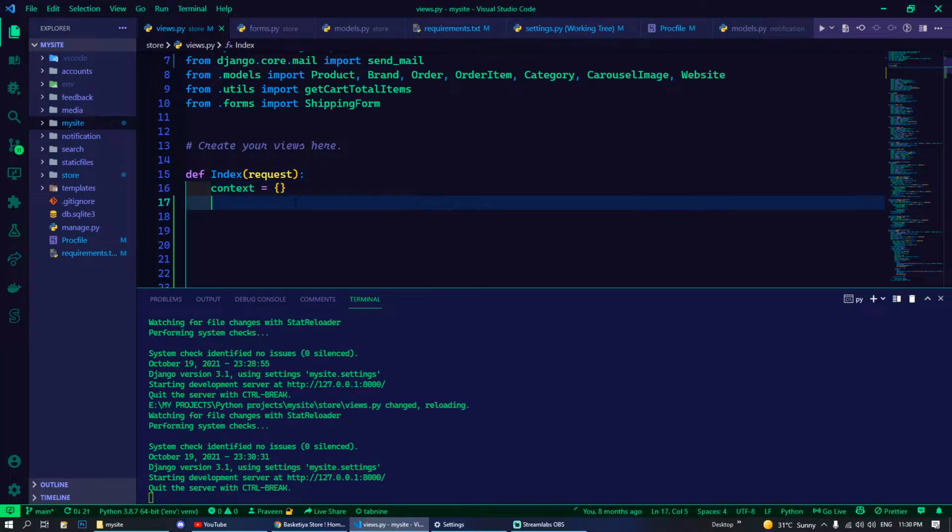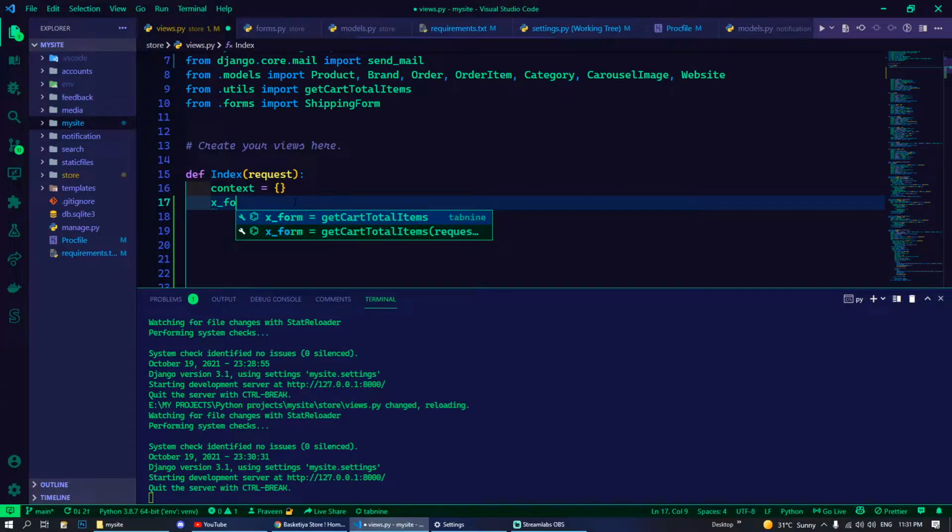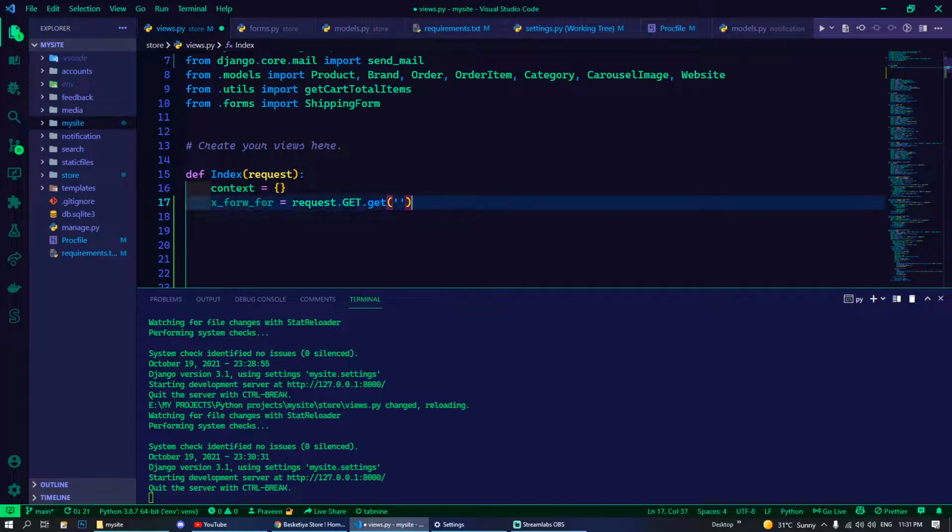And in views, what you can do is you can access request metadata. Okay, so how you can retrieve your metadata. So first of all, let's take a variable x forward for, which we will retrieve from meta, and into get we will type HTTP X forwarded for,